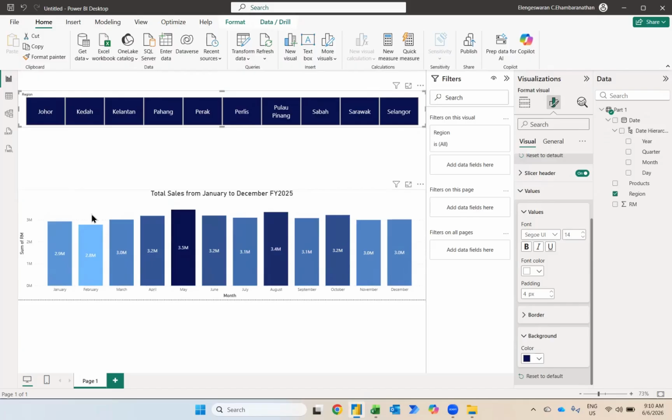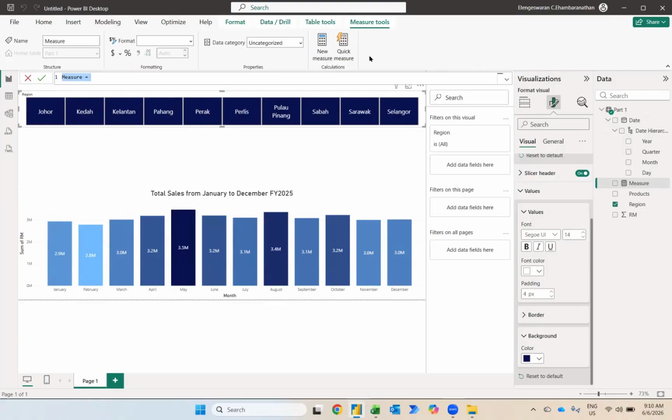Now what I want to do is create an interactive visual, like for the title. So I'll go to the new measure. Over here I'll click new measure. The formula bar will appear. For the name, I'll change it to title. And then in the title, I just want to show the sales of overall products. Sales of overall products